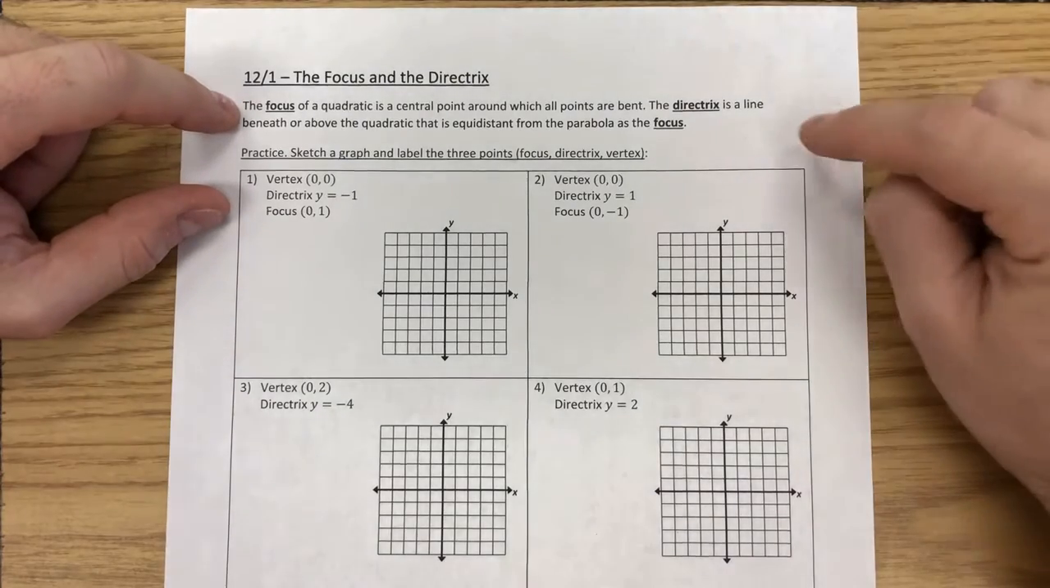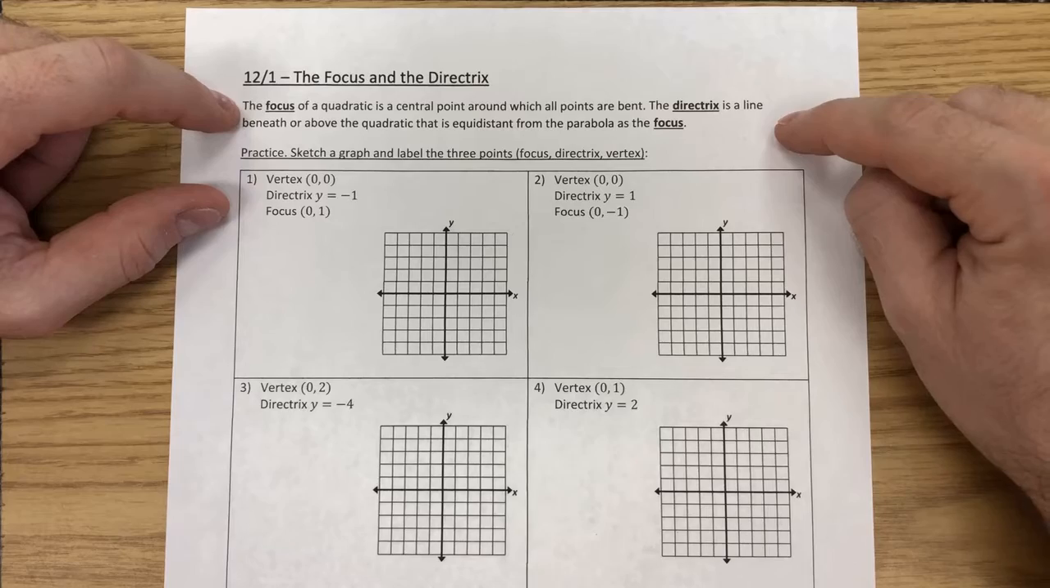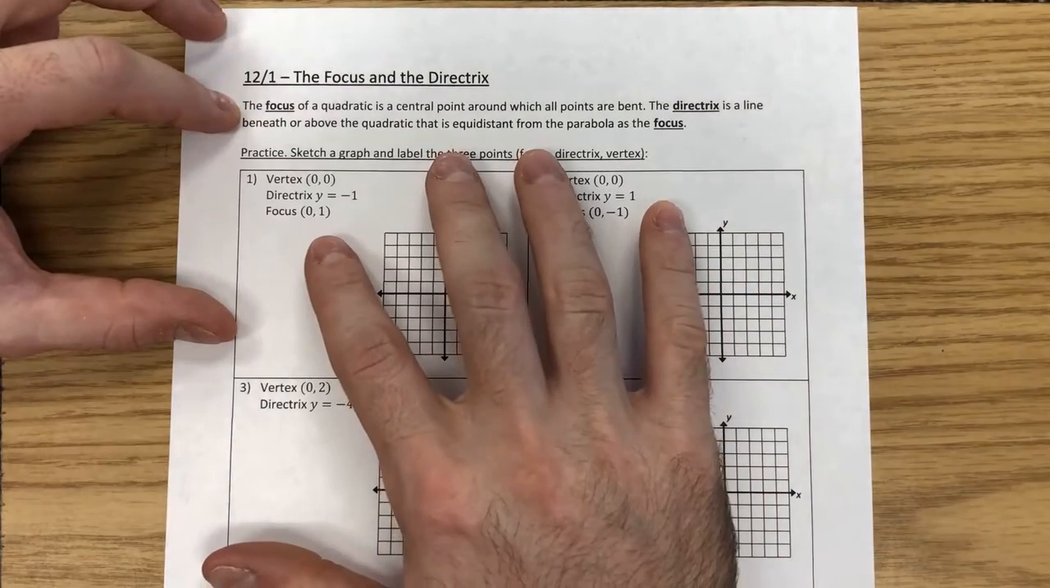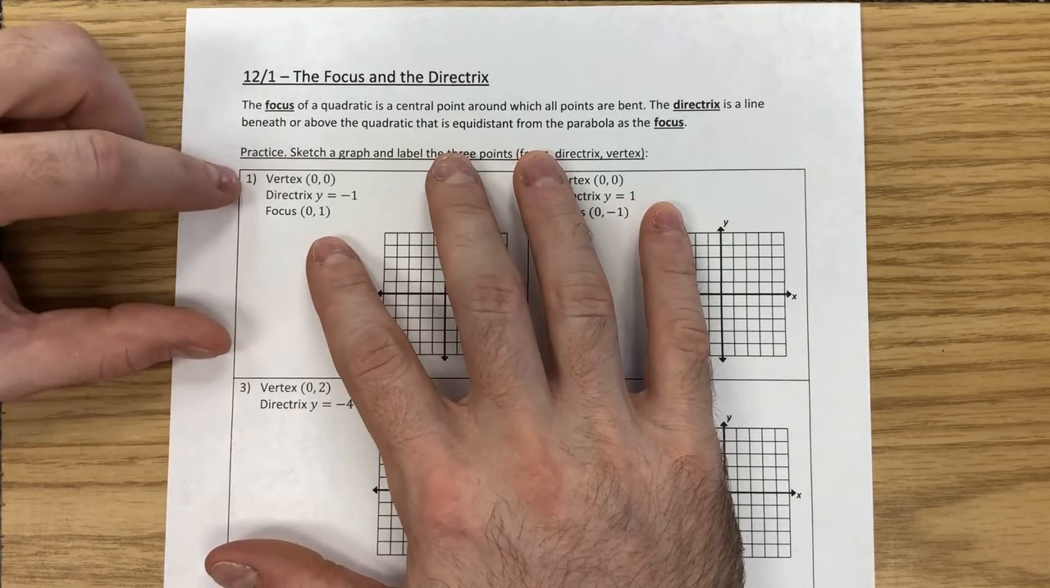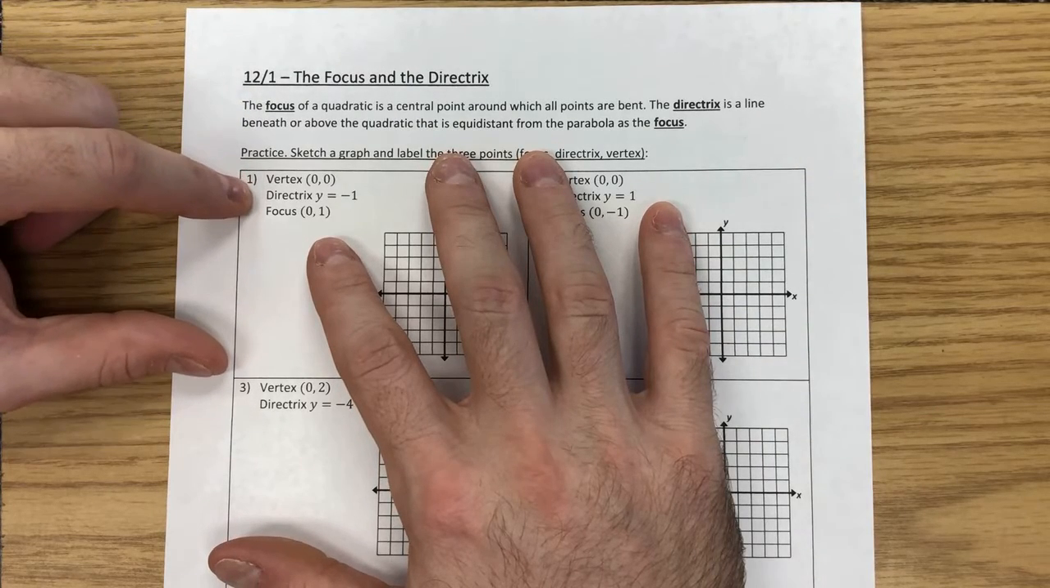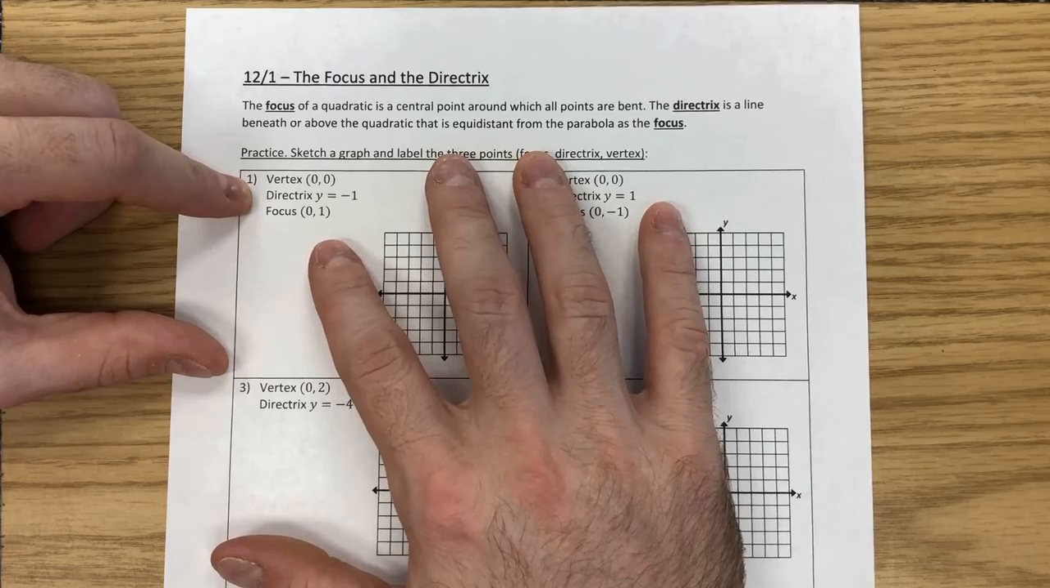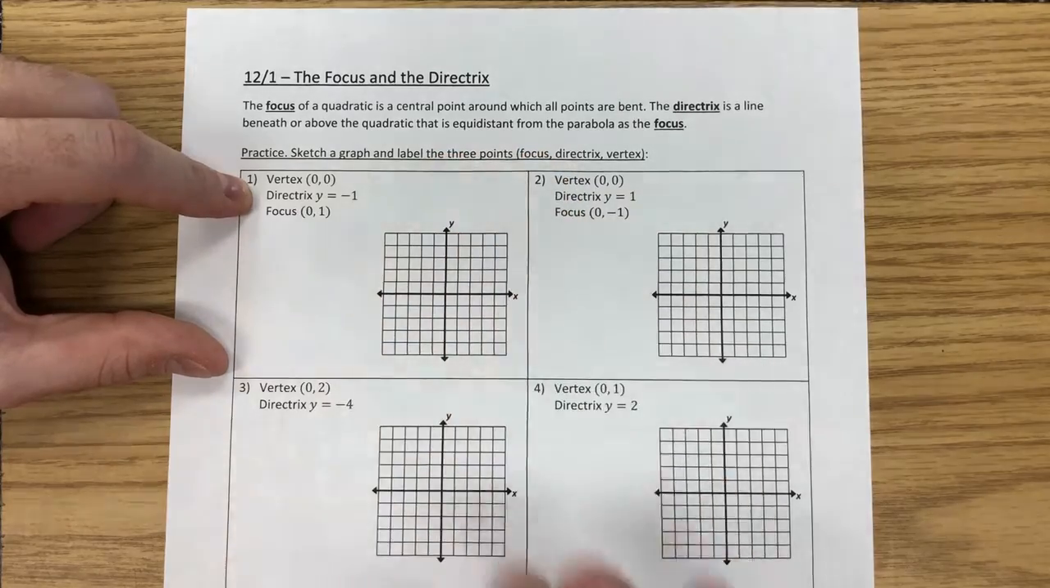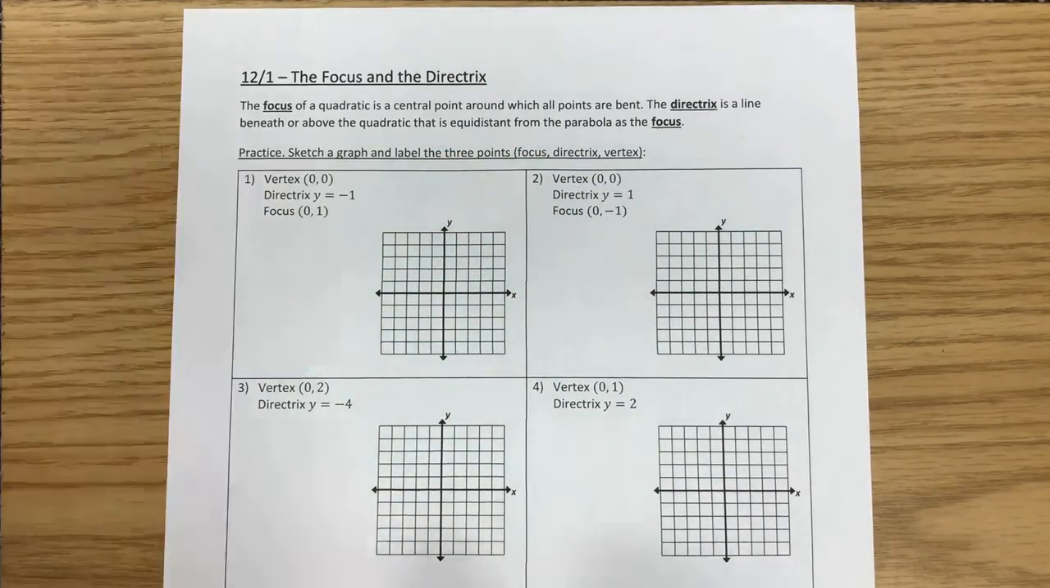Now the focus and the directrix, this is part of a section called conics. And the idea is that when we look at parabolas and when we look at things like circles, ellipses, and hyperbolas going forward, they all have something in common. Now this is going to be best shown before we actually begin graphing it, as a brief aside. So with